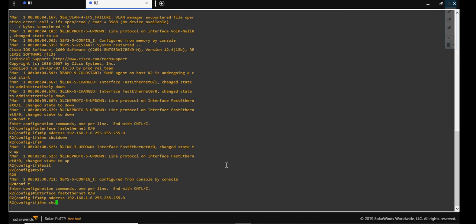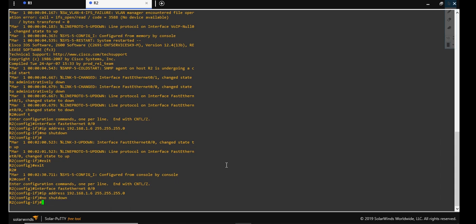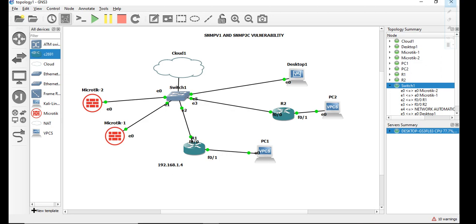Let's hit no shutdown. Okay, we are done with assigning the IP address to the router. So the router IP address is 192.168.1.6.